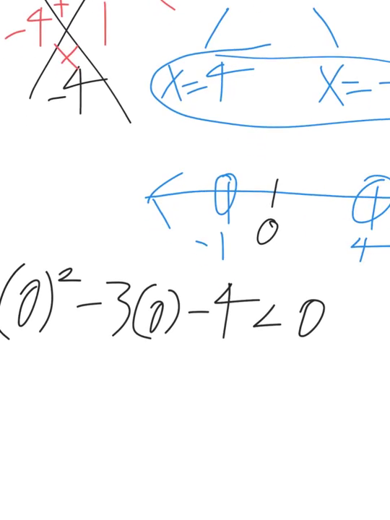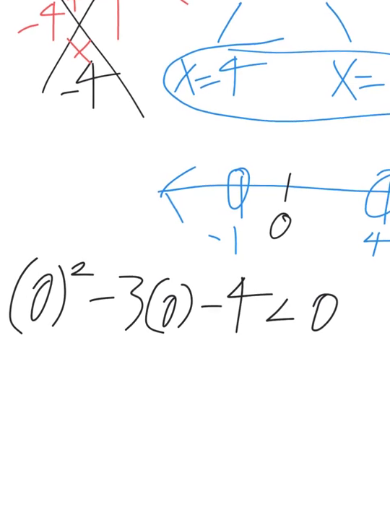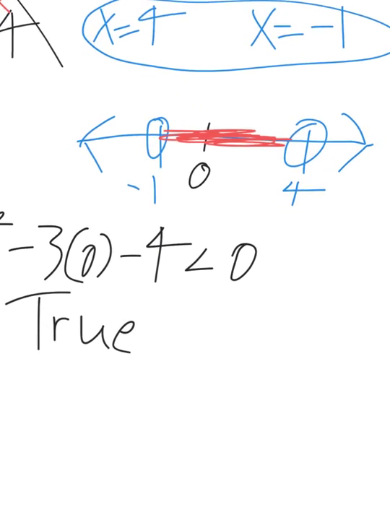So like I said before with the other examples, you can just plug it in and give me a true or false statement, and this one will be true. All right, so since that's true, that tells me to shade in the middle because I chose a number that was in between the two. All right, so because I'm shading in the middle of my number line,